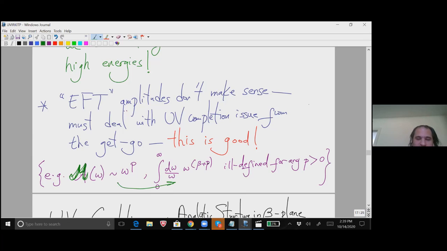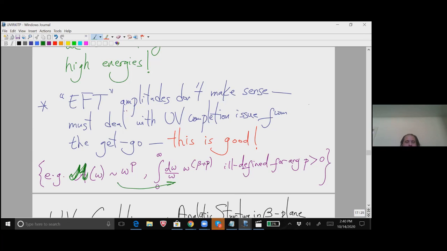And the divergence is an ultraviolet divergence. It's coming from omega going to infinity. So again, obviously what you'd expect. We're scattering states that have arbitrarily high energies, so it just doesn't make sense to talk about the effective field theory approximation for these amplitudes. We have to deal with UV completion from the get-go. And this is a good thing for the reasons that we talked about before. Remember, in the